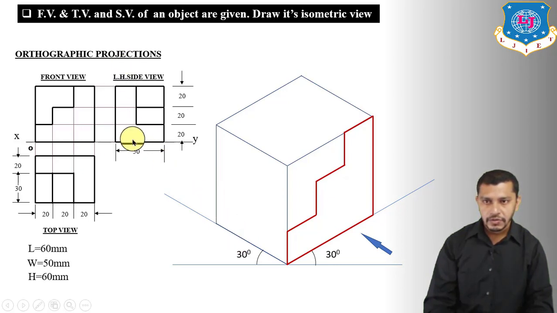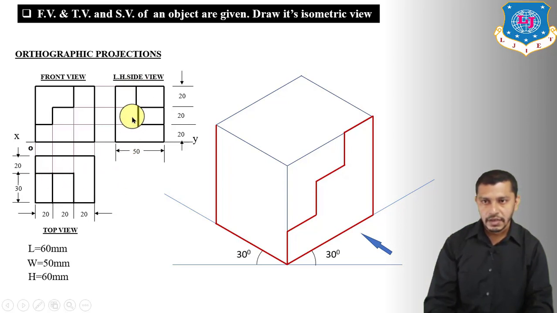For that, show this edge over here, 50 mm. This edge over here, exactly having height 60 mm. Now we have to show this length or this width of this part, which is equal to 20 mm. We can measure it from here, 20 mm. If we project this edge, we'll get the